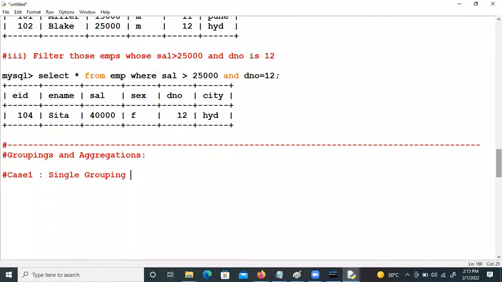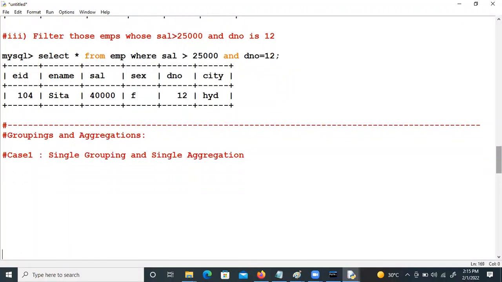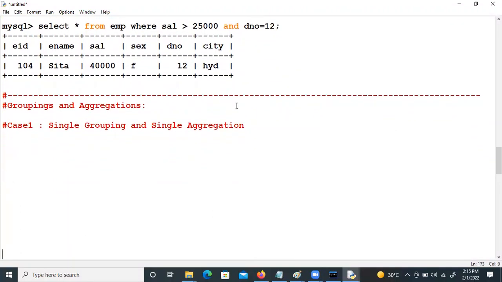Single grouping, single aggregation means, for example,